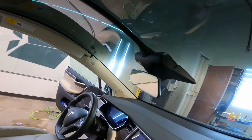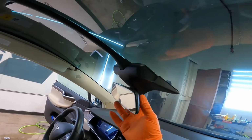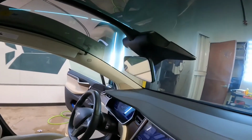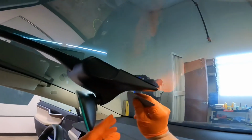2019 Tesla Model X. We're tinting this front windshield, so we're gonna dismantle this and remove this rear view mirror. All right, let's do this. So you're gonna get a slim card like this. Just start from the back,